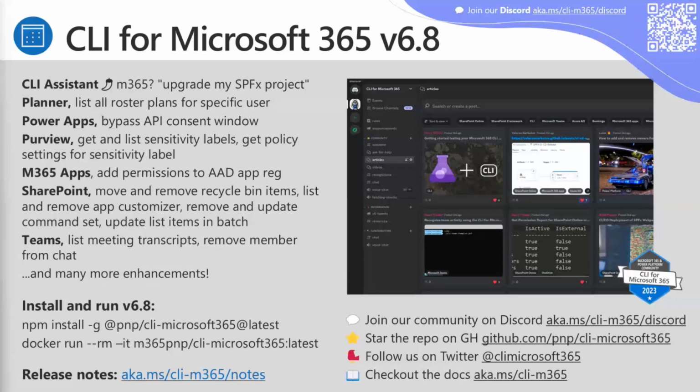We have tons more enhancements as well. So please check out the release notes, aka.ms/CLI-M365/notes. You get all of the latest updates in there. One thing which I didn't mention on the slides is we have support for upgrading your SharePoint Framework projects to 1.17.2, not quite 1.17.3 just yet, but that will be coming very shortly. So if you want to get hold of the latest version, use the @latest and the latest tags for npm